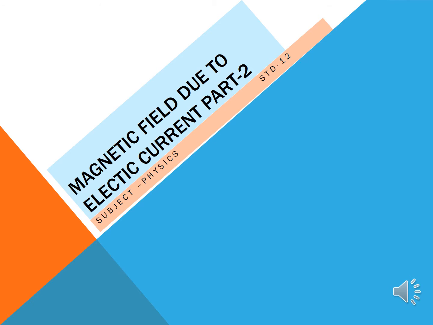Students, we are with the chapter 10th, Magnetic Field due to the electric current, part 2. In this part, we are going to study the topics related to the torque on a current loop, a current loop in a magnetic field, where you will be learning about the principle of a motor. Then we'll move on to moving coil galvanometer, magnetic dipole moment, magnetic potential energy of a dipole, the current in a straight long wire, and the forces of attraction between the two long parallel wires.